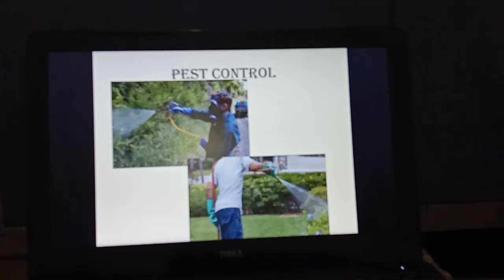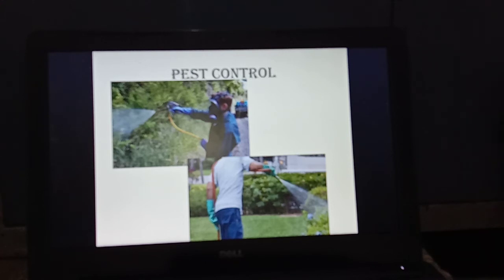Pests include fungi, bacteria, viruses, rodents such as the rat, and insects such as the locust and termites, etc. Fungi cause diseases like smut and rust of wheat, blight of potato, etc. Bacteria cause blight of rice. Pests can be controlled by chemicals. Chemical substances called pesticides are used for killing pests.